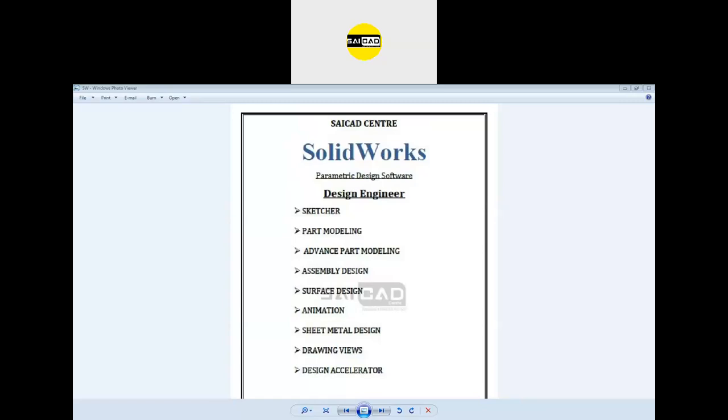So SolidWorks has the simulation and it is effective, but it's effective according to your input because the input you provide to the software will define the result. If you enter the wrong input, the result will be wrong. If you provide the right input, the result will be 100% accurate.